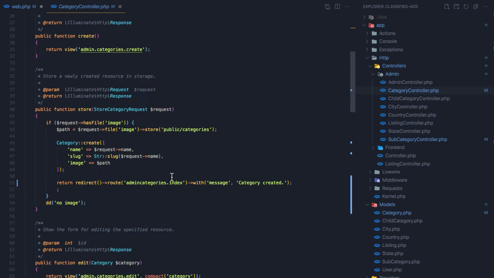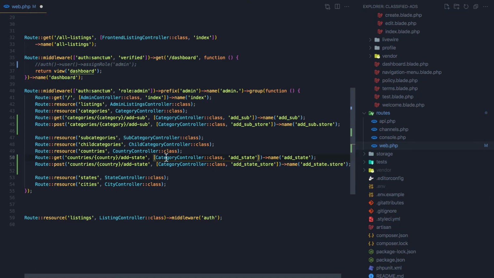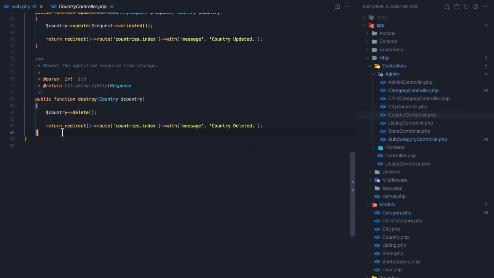So navigate here and oh sorry, it's not category controller but country controller, and if I navigate here I'm going to make new method for the add state, and we expect the country here, $country, well, my mistake, country, $country,